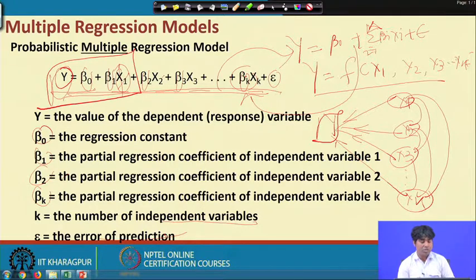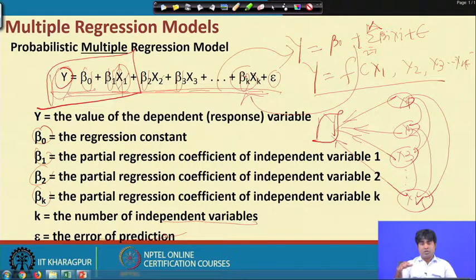So that means technically we have a couple of independent variables through which we can predict the dependent variable. As usual, the predicted model will be y hat equal to beta 0 hat plus beta 1 hat x 1 plus beta 2 hat x 2 plus beta 3 hat x 3, and it will continue, then the final term will be beta k hat x k, and by default the error term will be removed.